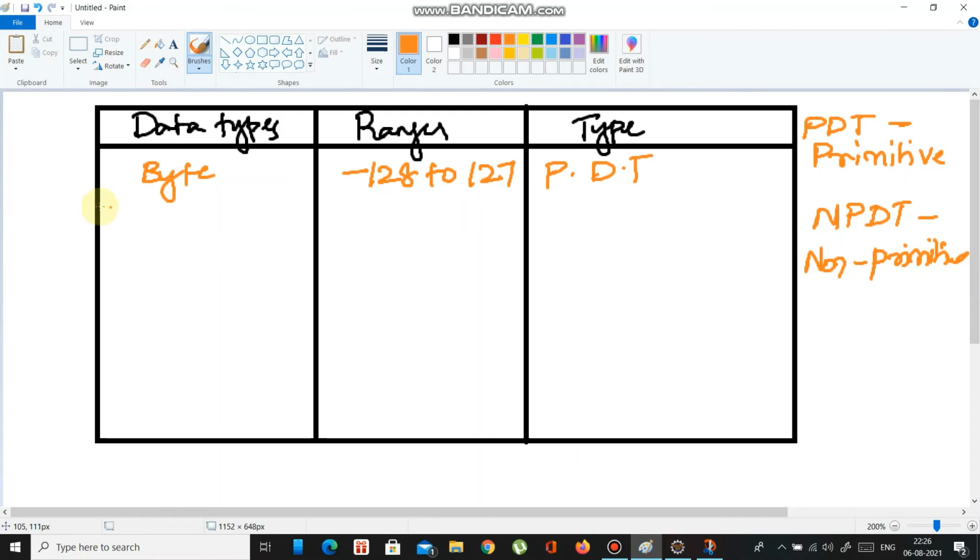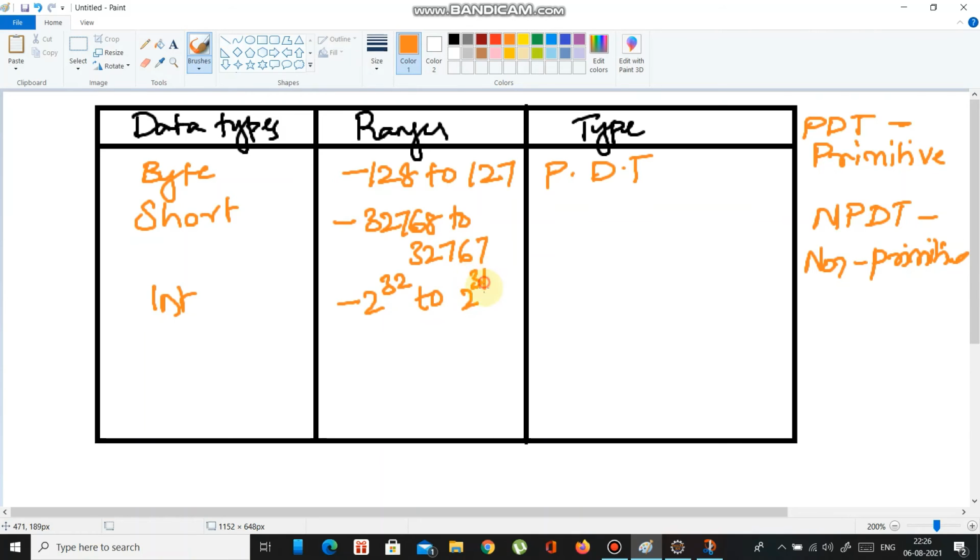Okay, and for short, it's -32768 to 32767. Okay, and the next one is int. It's -2 power 32 to 2 power 31 minus 1.